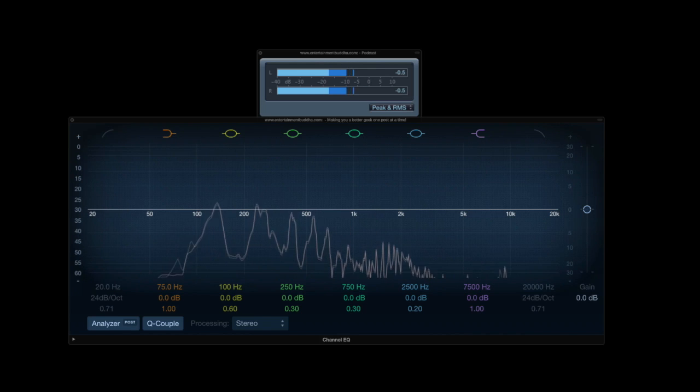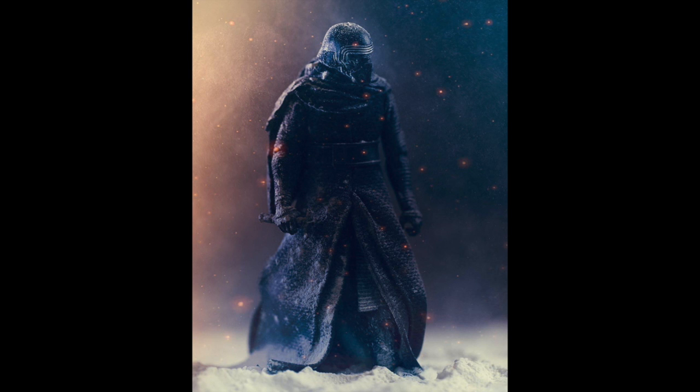Oh my God! How about this? I was about to say, this shot, dude. This is the best Kylo shot I've ever seen. Period. And this is of a $20 Kylo too. This is a legit $20 6-inch tall Kylo Ren. And it looks like a shot from the movie. So this is from